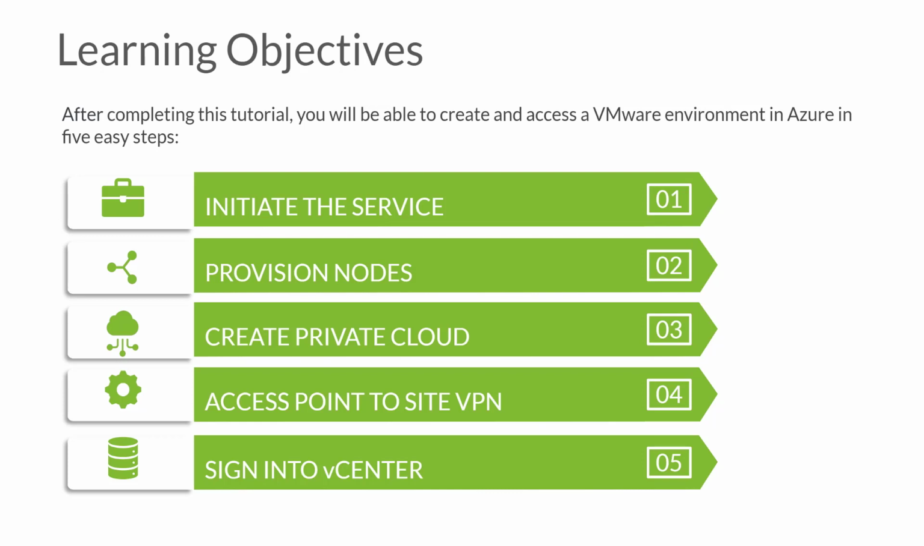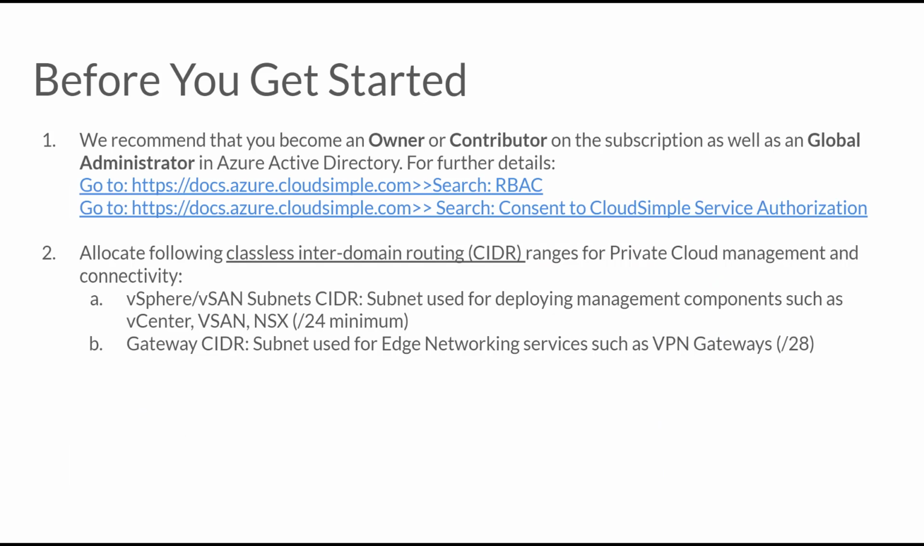Step 1. Initiate the service on your Azure portal. Step 2. Purchase and provision nodes required. 3. Create private cloud. 4. Connect your on-premises to CloudSimple using point-to-site VPN. Finally, sign into vCenter. Before we get started, it is recommended that you're an owner or contributor on the subscription